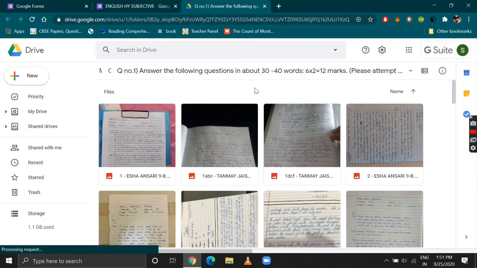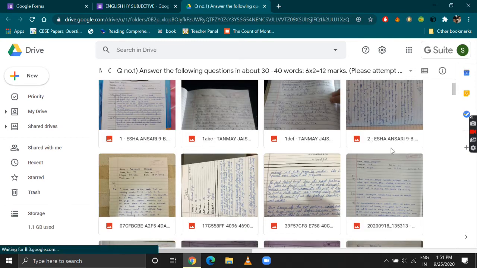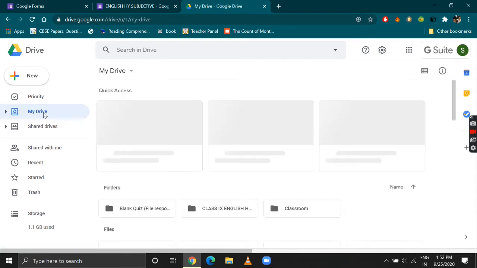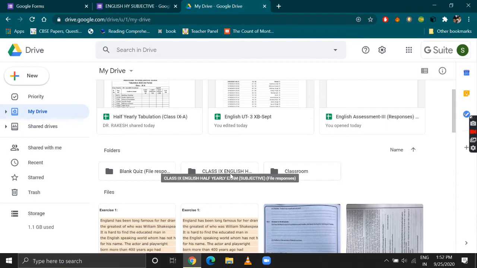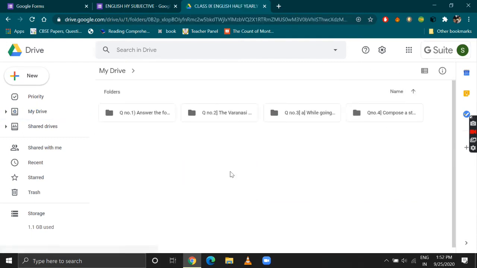So this is the drive, and as you can see all the responses are already visible there. Even the name tags are there to easily spot which student submitted the response. Now you can even go to My Drive to see it in a folder view. This is the class 9th half yearly examinations, and I can see all my responses are bifurcated question-wise.